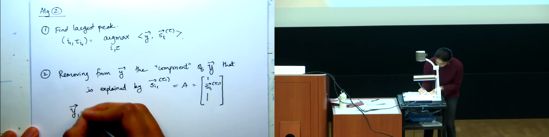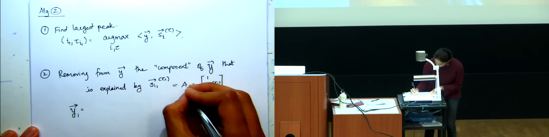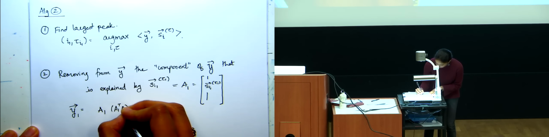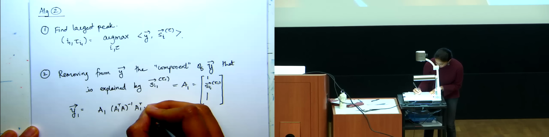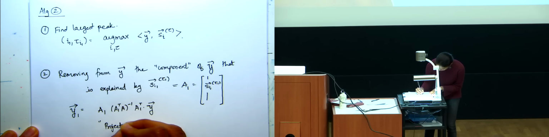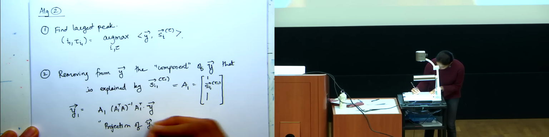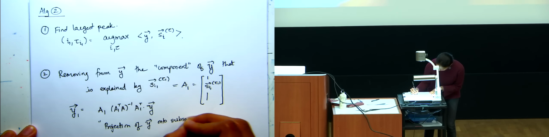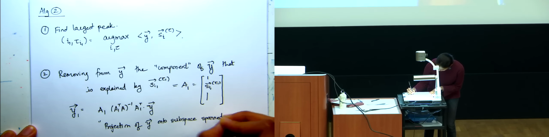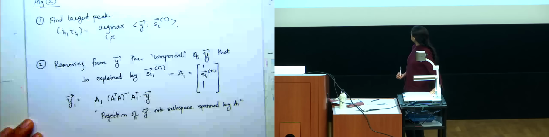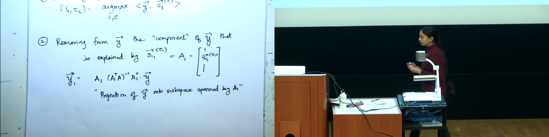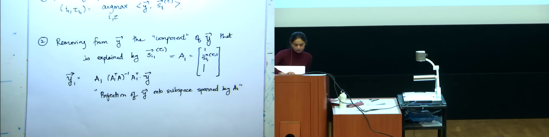So if I call this A1, I can use the usual formula, A1 transpose A1 inverse, A1 transpose, times y. So this is the projection of y onto the subspace spanned by A1. So this is what we're going to do. And so if we go back to here,